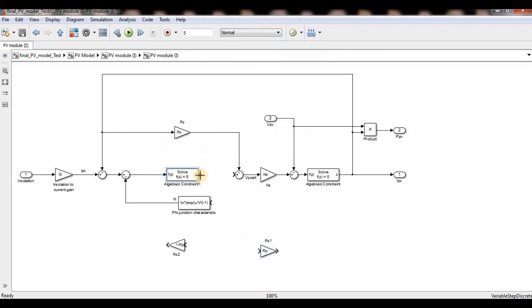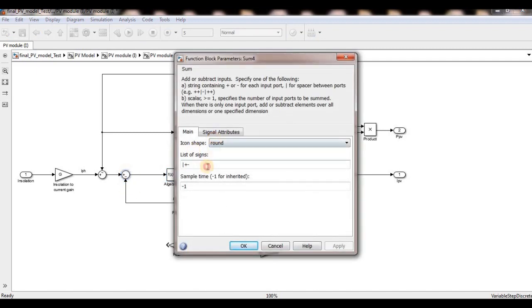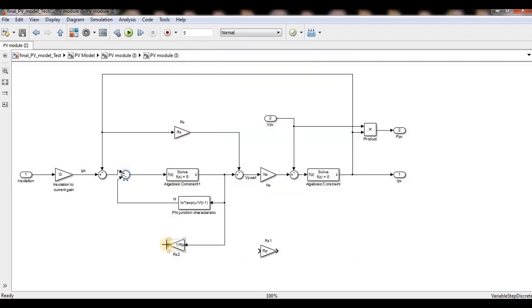See, like this also I can get it. So I will add one more. See, like this.